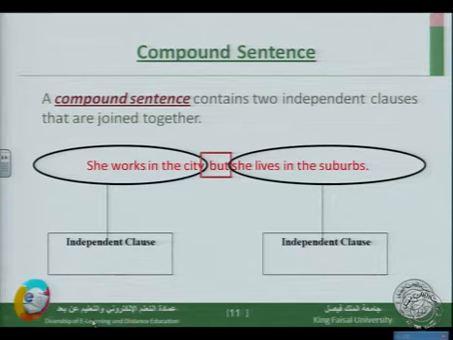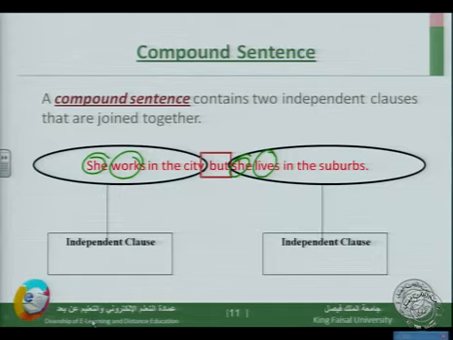Compound sentence. A compound sentence contains two independent clauses that are joined together. For example, she works in the city, but she lives in the suburbs. Notice, how many independent clauses? How many clauses do we have? Two independent clauses. Subject, verb,